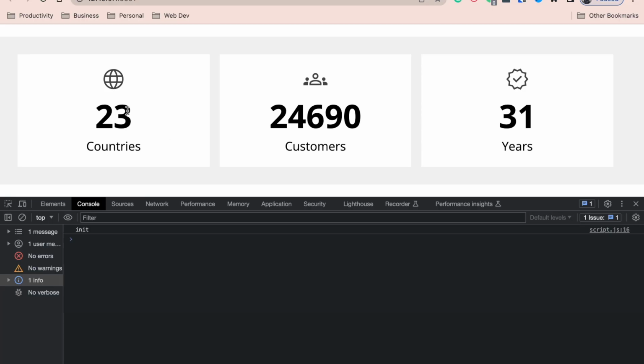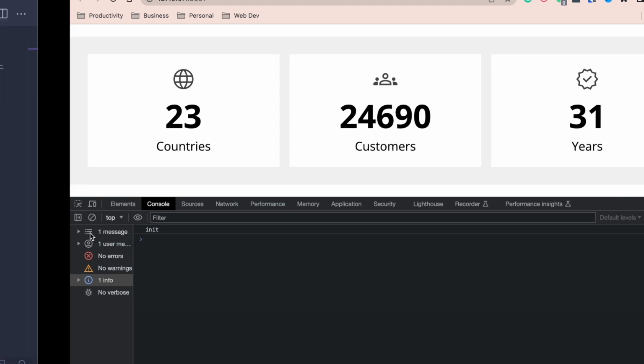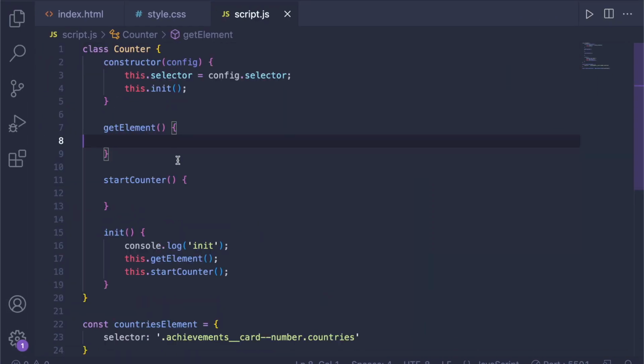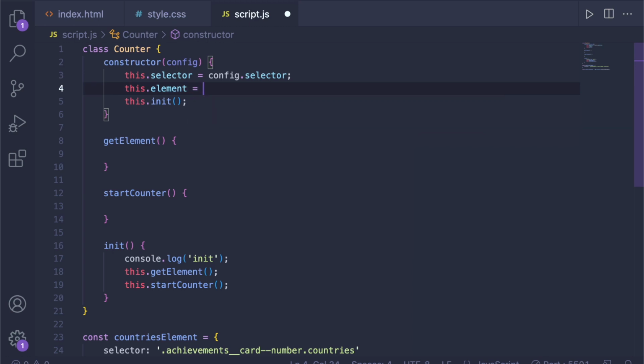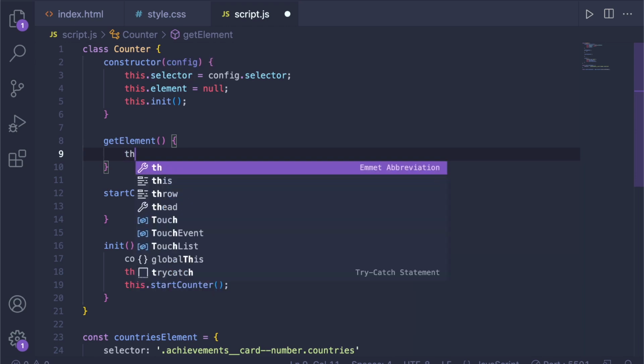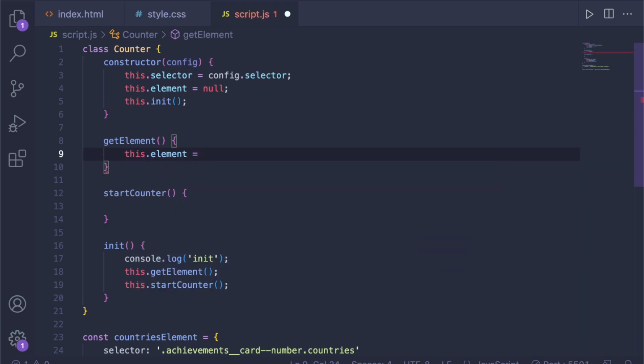Save this, and now in our project we can see that we have called this init console.log right here. Now the first thing that we want to do is we want to get a reference to the element right here. So to get started, we need an element property in our constructor function, and in the beginning it's null. And inside of our getElement function, we will set it to whatever is the selector that we have passed in. So it's this.element equals